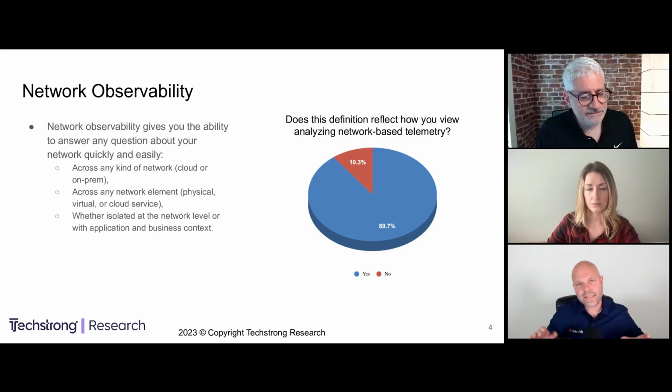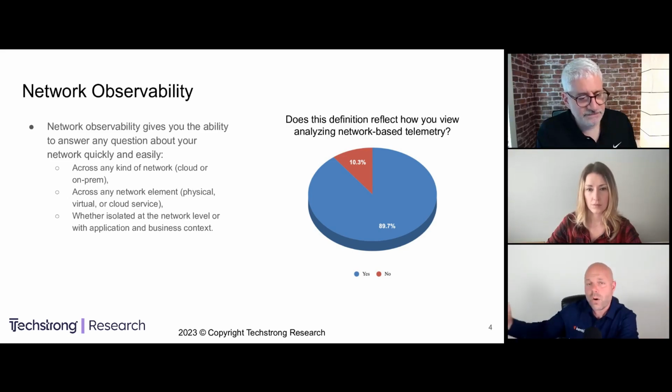Now, let's say that 1 meg goes to 2 megs, but then it goes to 3 megs, and then 4. Still very, very low, but we're starting to see a trend. Well, maybe I throw an alert. And therein lies the difference between traditional, or dare I say legacy, network visibility, and what we're doing today, modern network observability. We're being able to answer the question, why is this happening?